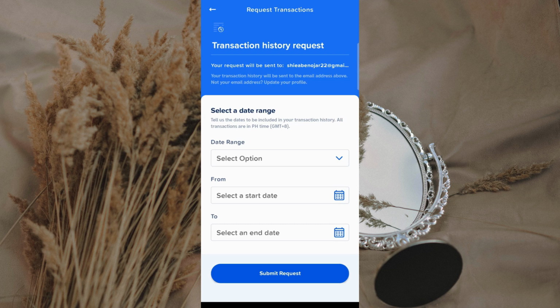You'll be given the option to set a date range. This step matters because your receipt will reflect exactly what falls between those dates. Choose the start date and the end date carefully. If you're trying to document a single payment that happened on a specific day, set both dates to that same day. If you need a summary for a week or a month, for example, for expense reporting, select the full